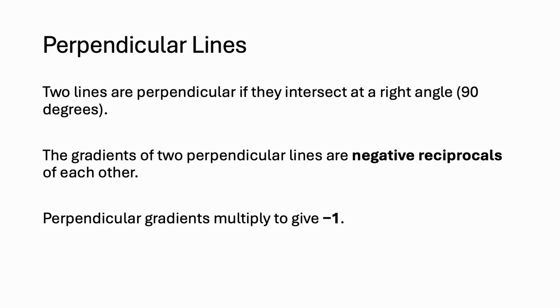So, if two lines are perpendicular, it means that they intersect at right angles. So they make 90 degrees essentially with each other. The gradients of two perpendicular lines are negative reciprocals of each other. Perpendicular gradients multiply to give negative 1. So what does that mean? So for instance, if we have an equation of a line, let's say y is equal to 2x plus 4,